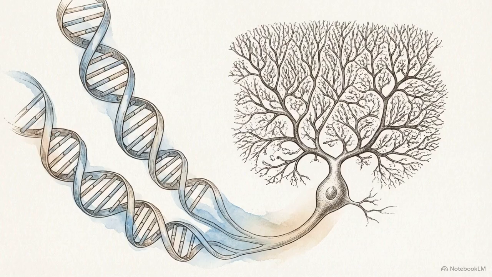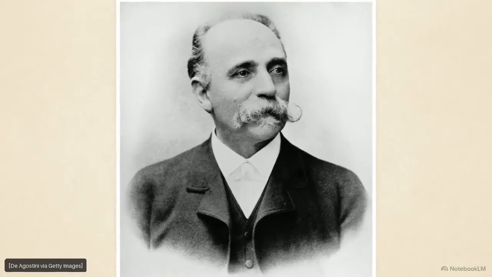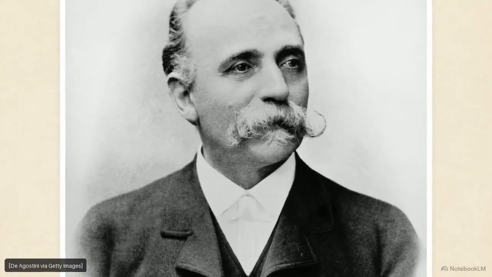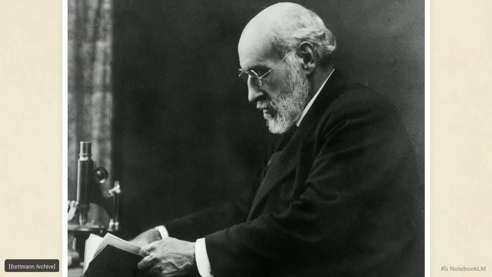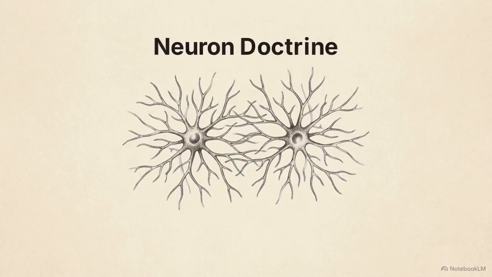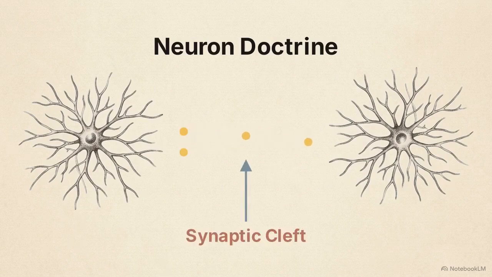Moving up from the genetic code, those instructions build the primary computing units of the nervous system, nerve cells. But for decades, the physical boundary of these cells was a mystery. Early microscopes lacked the resolution to separate the dense tangle of nervous tissue. Biologists like Camillo Golgi promoted the reticular theory, concluding the brain was a single continuous protoplasmic net. Santiago Ramon y Cajal proved that assumption wrong. Using Golgi's own staining techniques, Cajal championed the neuron doctrine, demonstrating that nerve cells are discrete, independent units communicating across physical gaps.